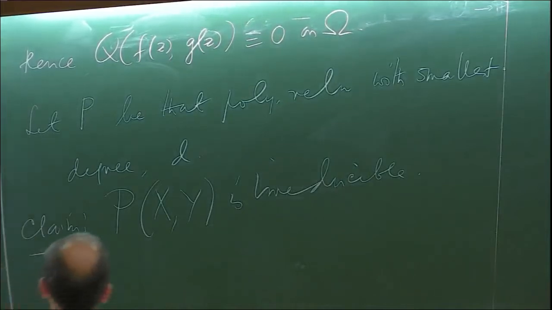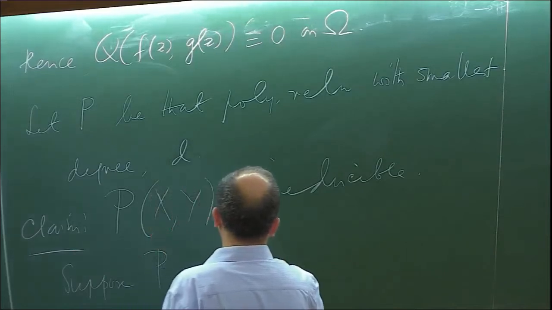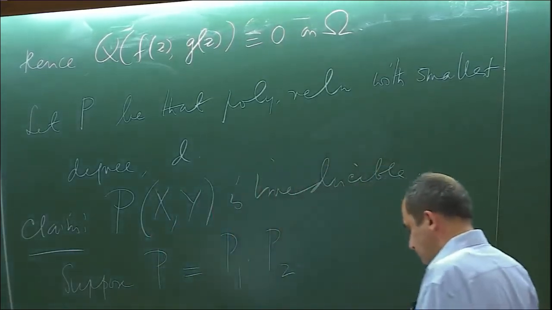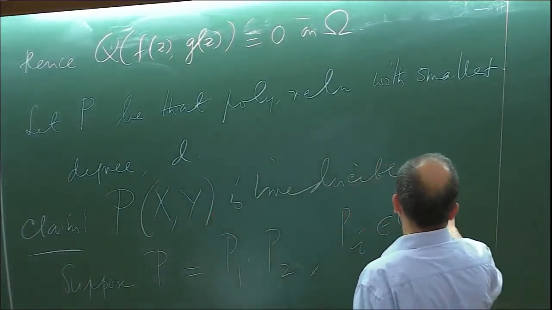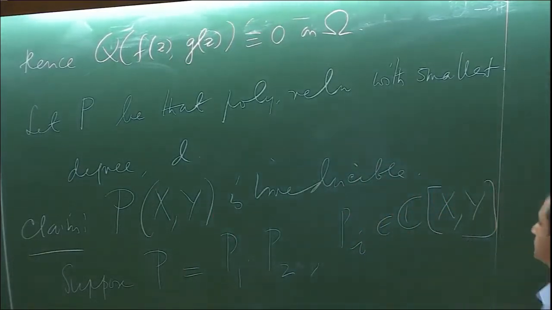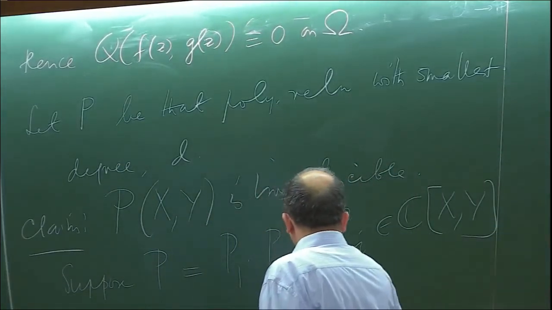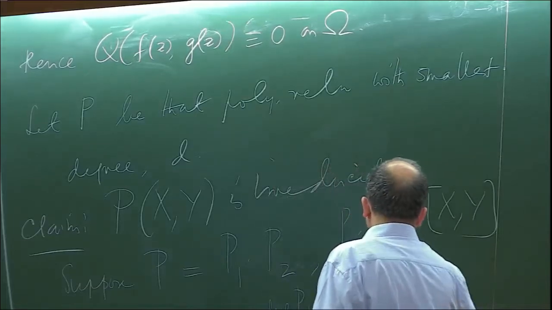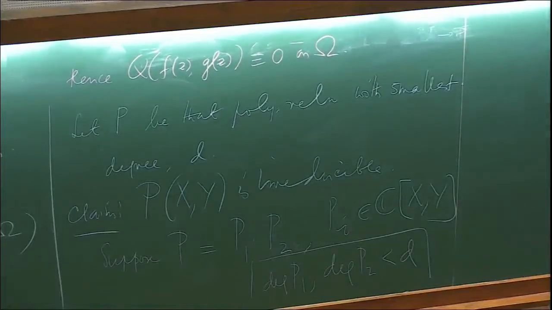So suppose P can be factorized as P1 times P2, where these are in C of x, y. And the degrees of each of these Pi is less than d, strictly less than d. Okay, so now let's look at